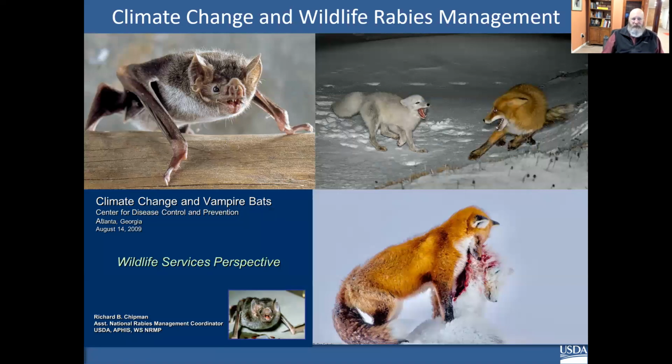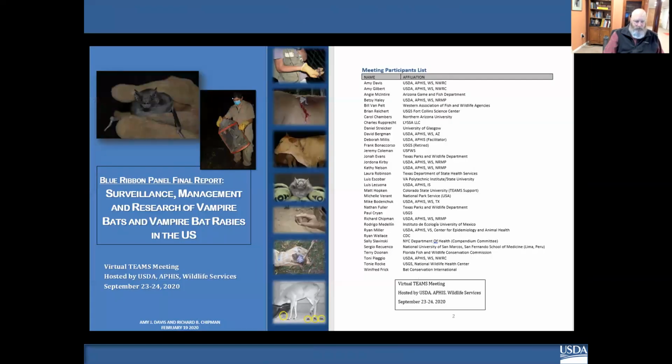We're going to look to the climate change and have already started working to discuss an entrance strategy should we end up with vampire bats in the United States, in Texas or Florida. There are some models that would indicate that climate change, based on proximity of vampire bats to the border, it looks like we might have them within the next 5 to 20 years. And also looking at this interaction between red fox and Arctic fox and the impact on the rabies dynamics in the Arctic. We actually had a blue ribbon panel on this whole issue of surveillance and management and research of vampire bats and vampire bat rabies in the United States recently.